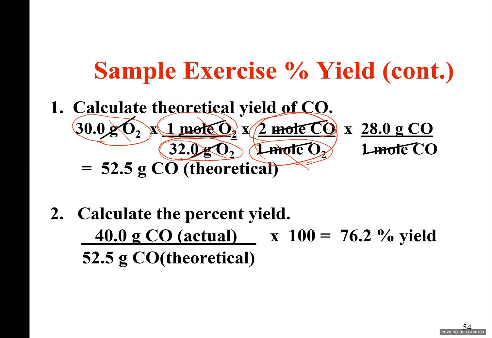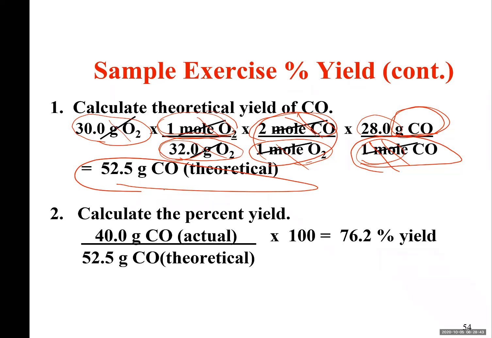Next, once you have moles of product, you want to go to grams of product. So you write moles of the product, so these two can cancel each other. You write grams of carbon monoxide on the top, and the molar mass is 28 grams. Why? Carbon is 12 grams per mole. Oxygen is 16 grams per mole. You add them together, you get 28 grams. So every mole of CO is 28 grams. Now I can cancel moles and moles. I'll have grams of CO.